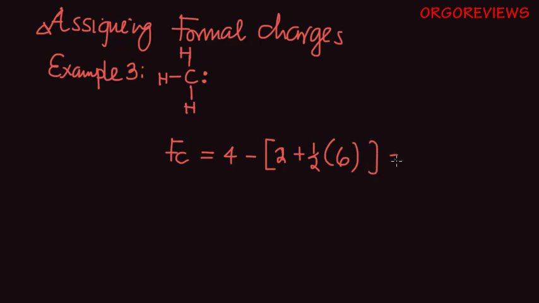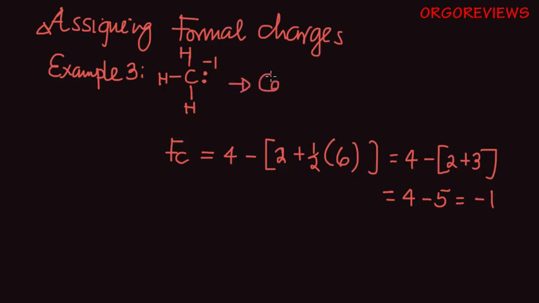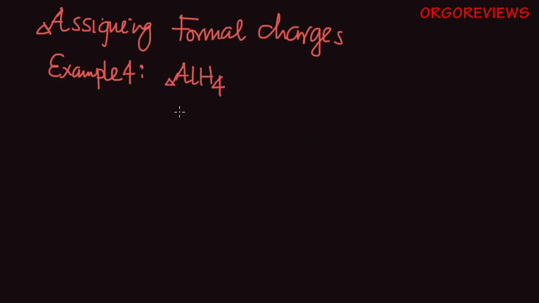So if you did the math, the formal charge will come to 4 minus 2 plus 3. If you did that, you get 4 minus 5, giving us minus 1. So the formal charge on this is minus 1. And this is also called a carbanion, and a lot of reactions will happen via the carbanion in organic chemistry reactions. When you look at aluminum tetrahydride, you can assign the formal charge by drawing the Lewis structure of aluminum